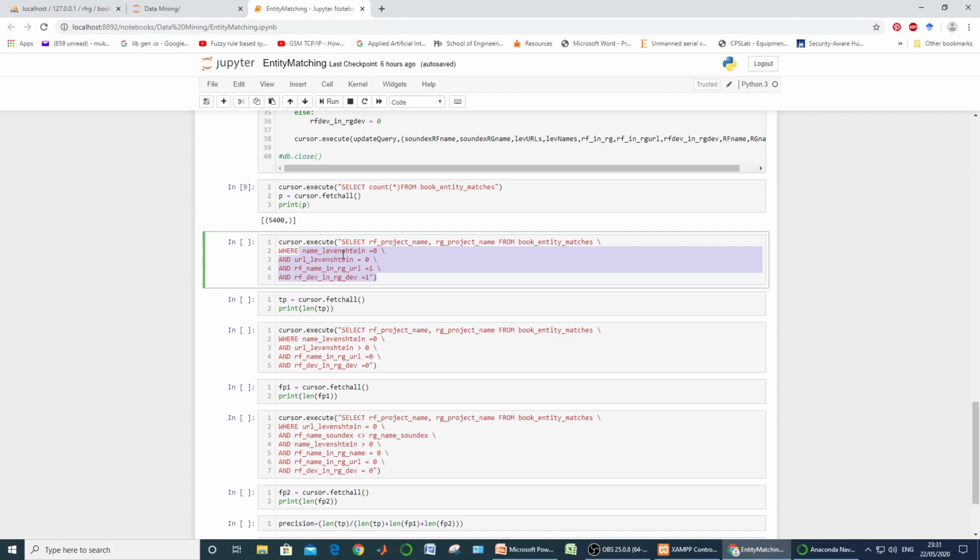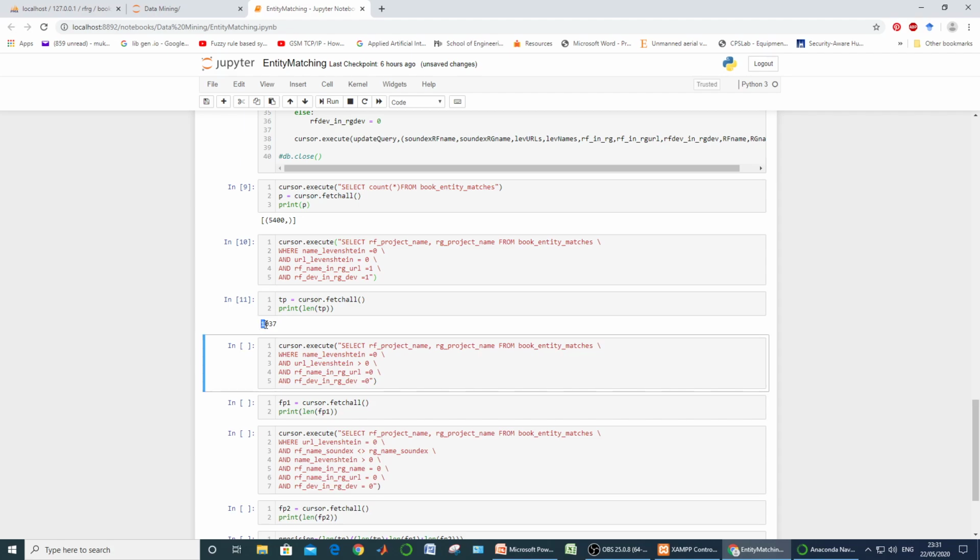Levenshtein distance between name is 0, between URL is also 0, RF name exists in RG URL is true, and there are certain developers which are common in both. Then we will say that both these projects are same. So if we execute this query, it returns 1037. So there are actually 1037 true positives which our system extracted.